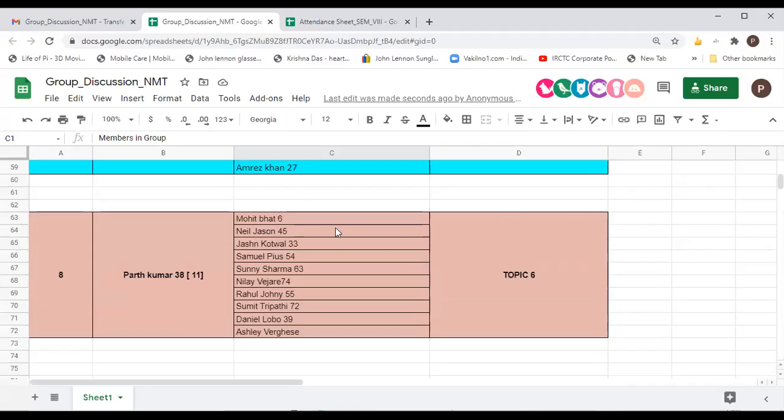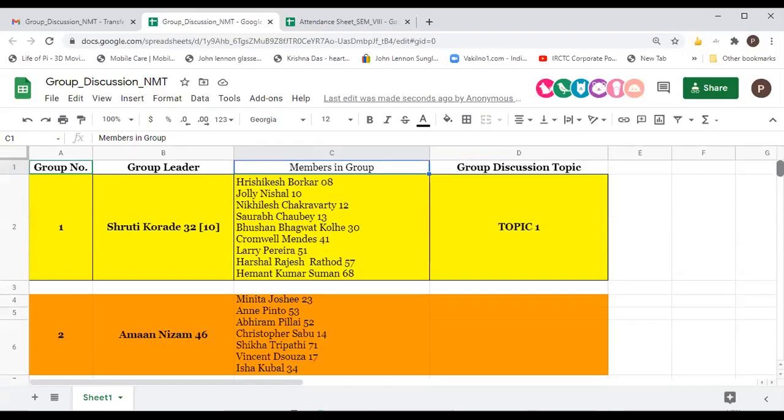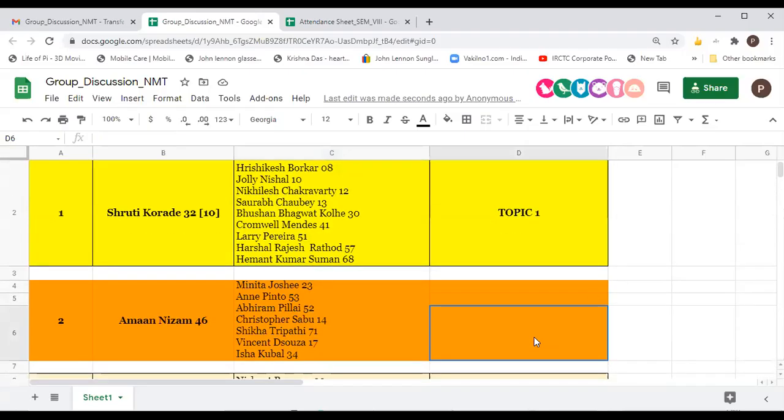Parth, Jash's group is topic 6. Yes. Got it, ma'am. Okay, and then topic 7 is also done. So Aman, yours can be topic 8. Okay, so now once this is there, I will share the topic so that you can